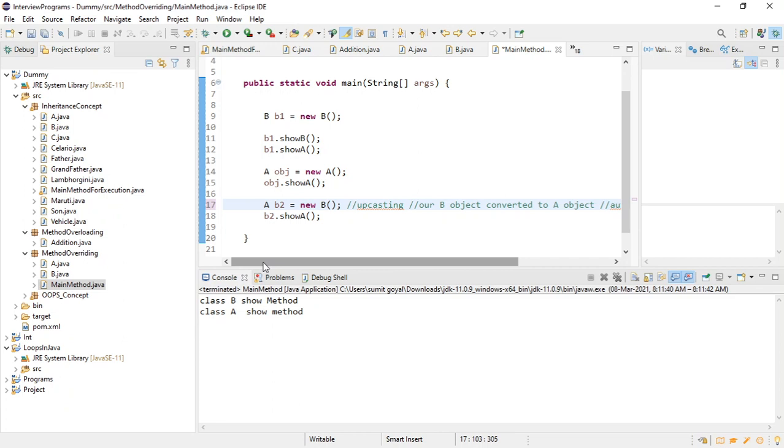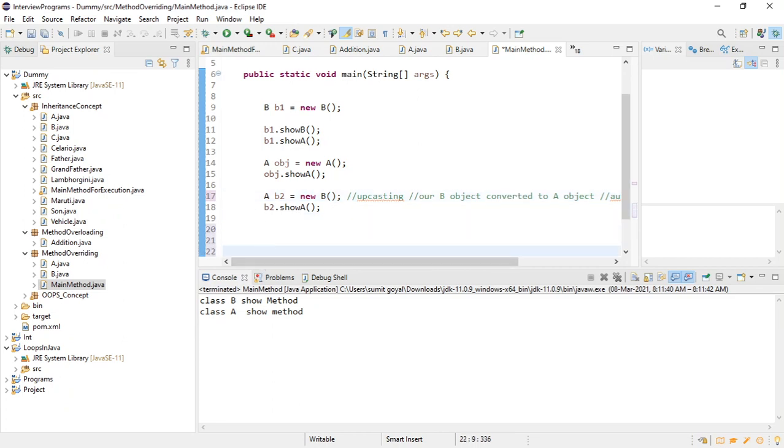Okay, I hope it is clear. So if I write like this, suppose I say b3 equals to... or let me first create this, our object a obj2, new a.